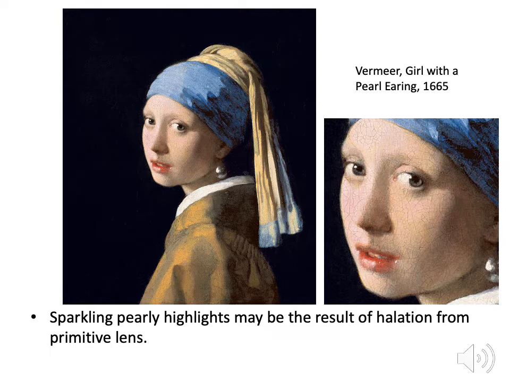Now this image right here is a very popular painting of his, Vermeer's Girl with a Pearl Earring. I'm sure you've seen it before. So there's little highlights that critics hint at. It's a reflection from a primitive lens on a camera obscura. That's what they think it is. It's obviously not a flash. People have said maybe it's just window light, but we're not 100% sure.